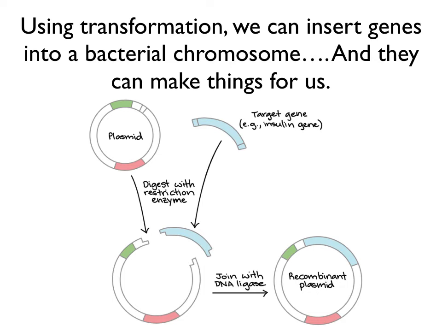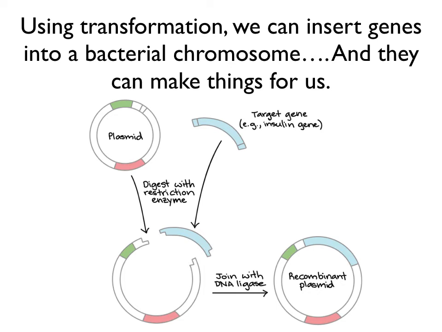It went from being a circular double-stranded DNA molecule to being linear, even though it's still in almost a semicircle shape. It looks more like a C. But the double-stranded DNA was cut in a way that opened it up and made it possible for us to get this insulin gene into